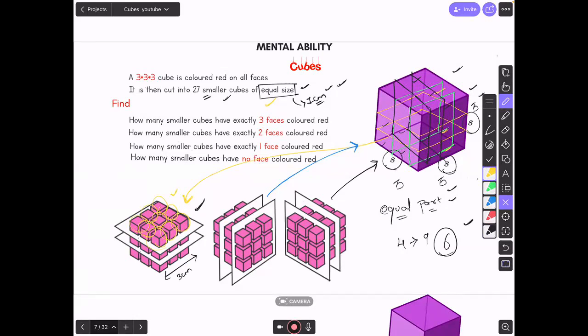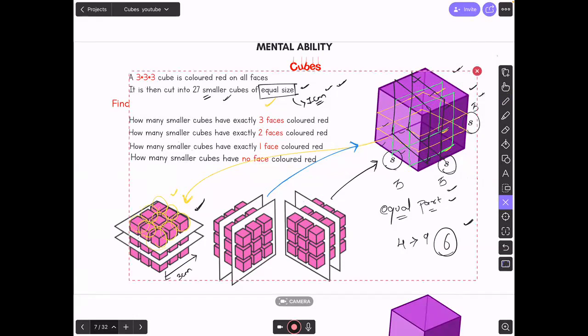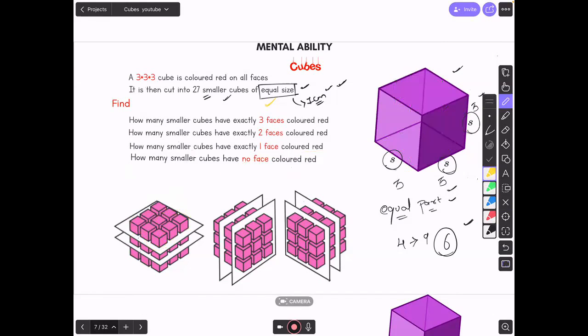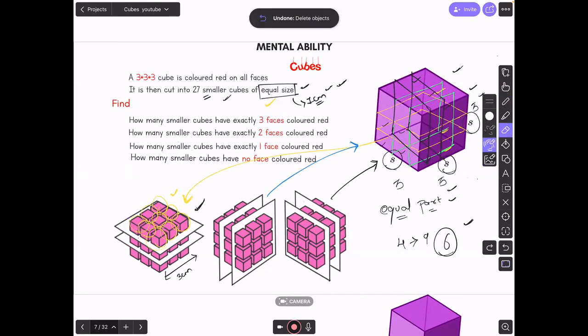And if you want to visualize, it will look like this. What is there right here in front of you? Okay, it will look like this figure. These are your 27 cubes which are already cut and given to you. So each of the smaller cube will be this. This is one of 27. Okay, that's how you cut it.